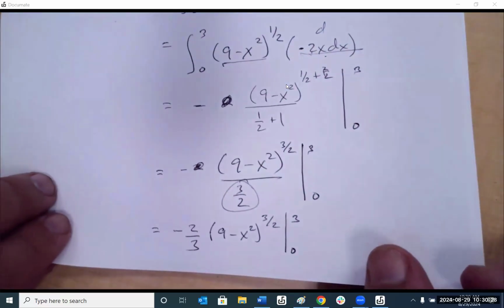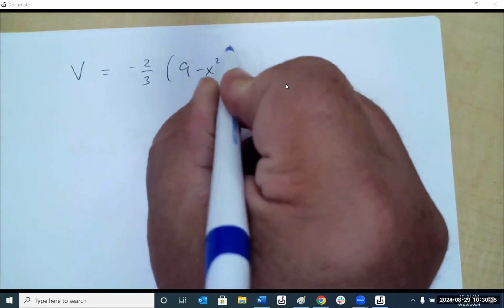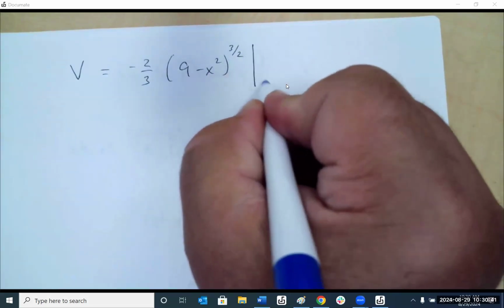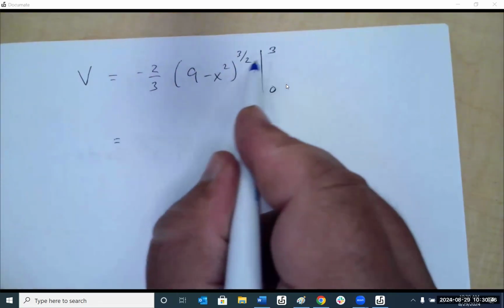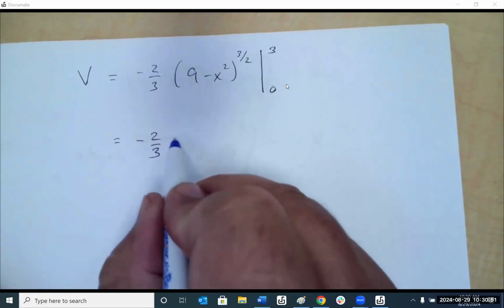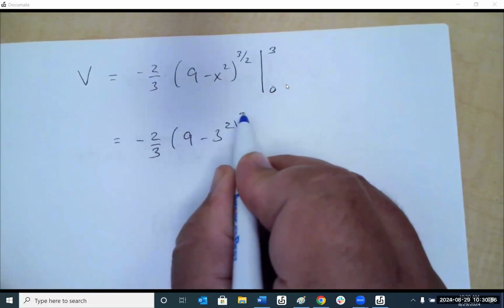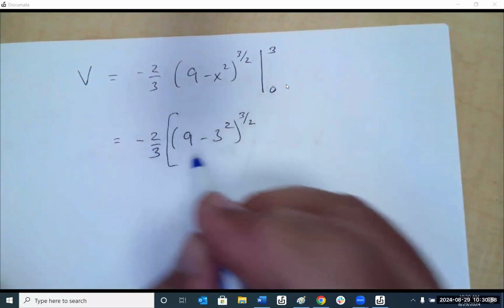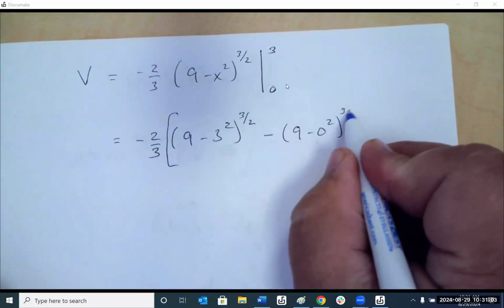Which we have -2/3, 9. We have -2/3, 9 minus x squared, 3/2 from 0 to 3. Now we have to do the bounds. We have -2/3, 9 minus 3 squared, minus 9 minus 0 squared,